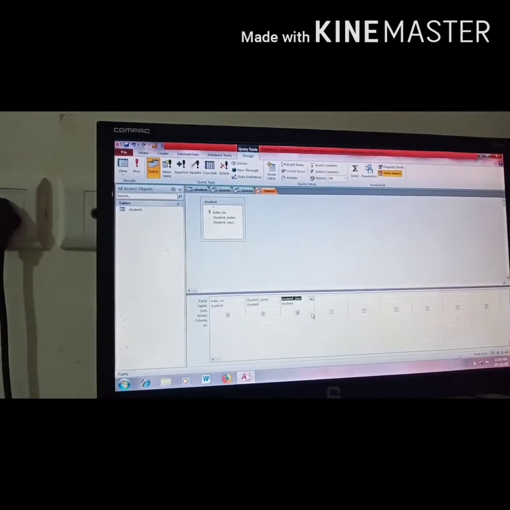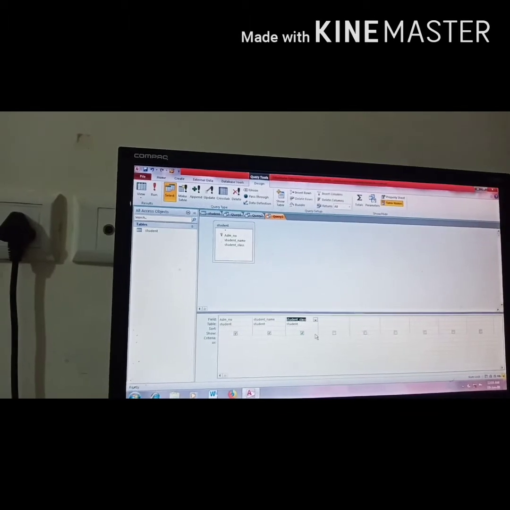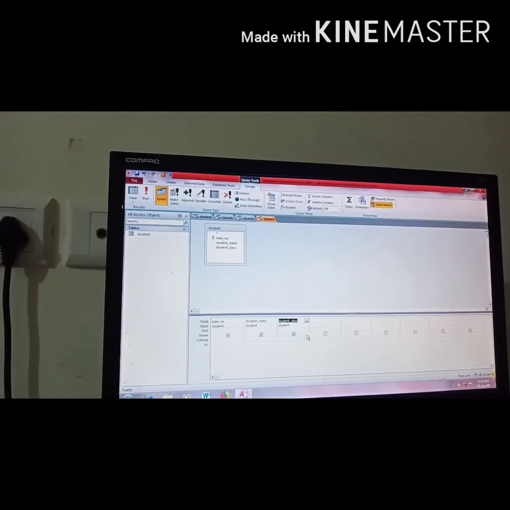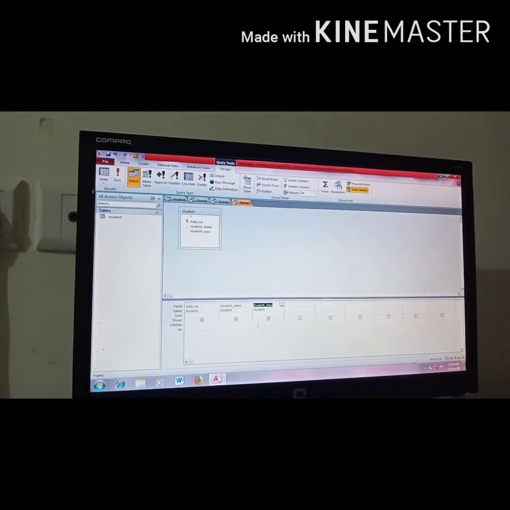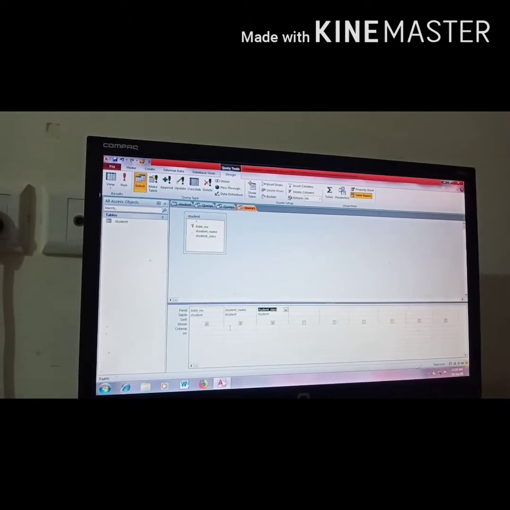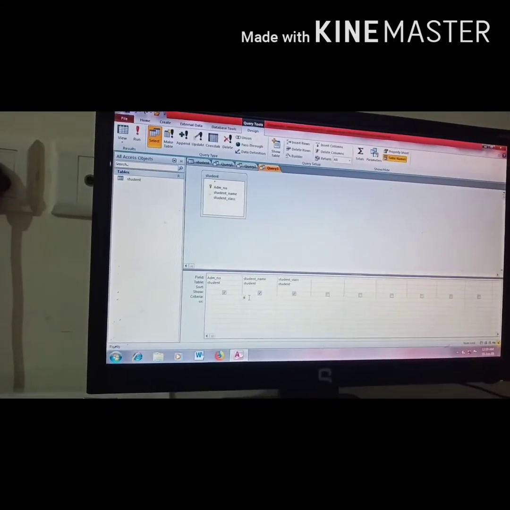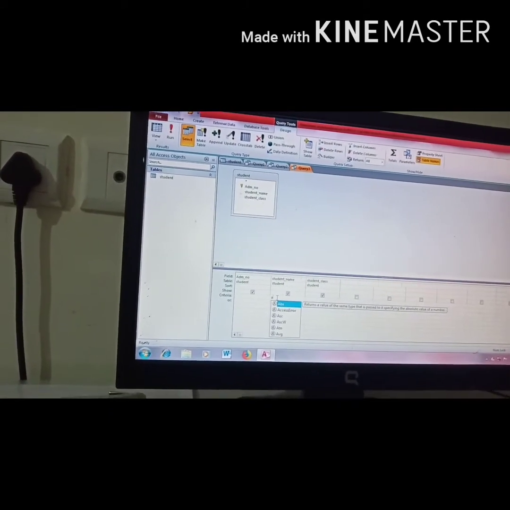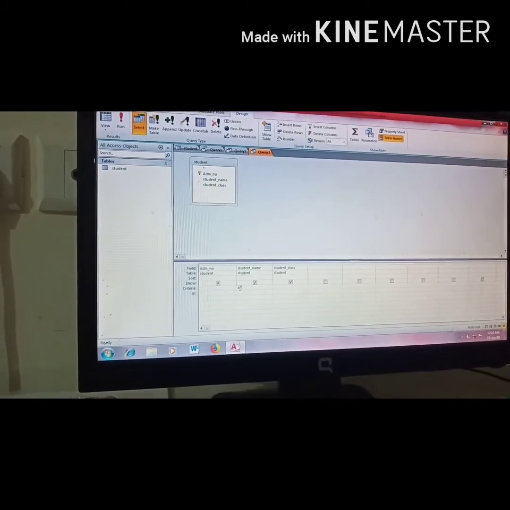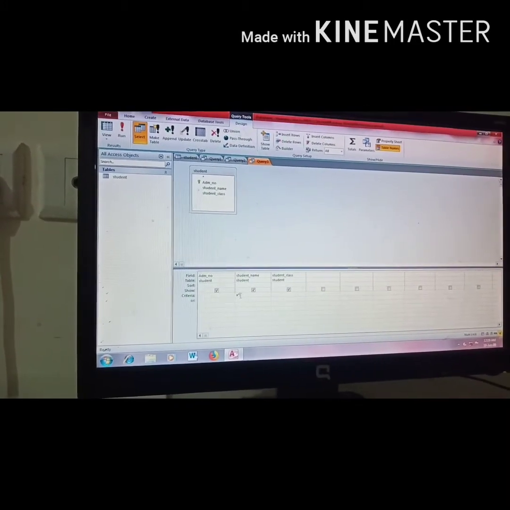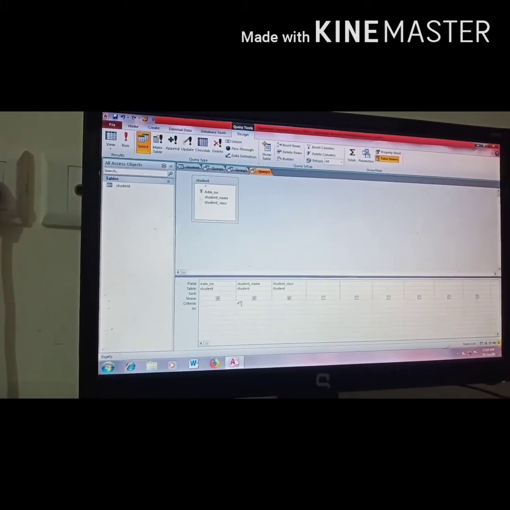Now the query is, I want the admission number and student class of the students whose names are starting with the letter A. So here I am working in the name section. I want the names to start with A, and I have to give an asterisk. Here A will tell that the names are starting with A, and asterisk will tell that except A, the rest of the letters will come in asterisk.